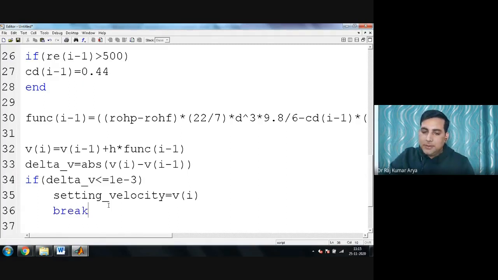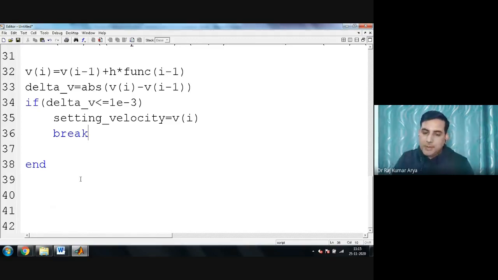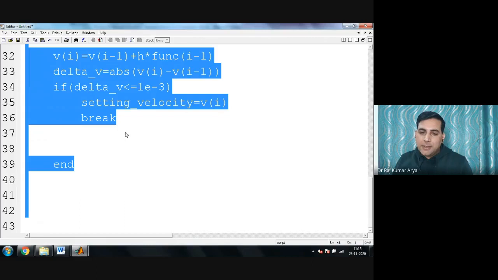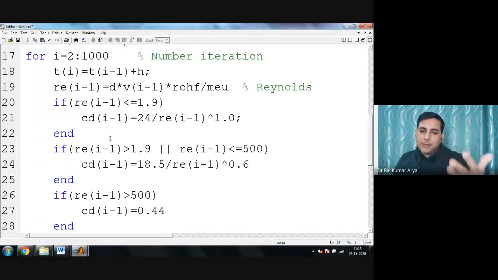Now, whether your commands are proper or not, sometimes we miss the END command. So just to check it, there's a command here: press Control A to select the text and click on smart indent. ये आपका पूरा set कर देगा. This would just arrange everything in a sequential way.